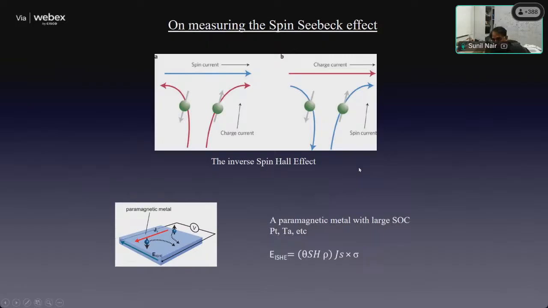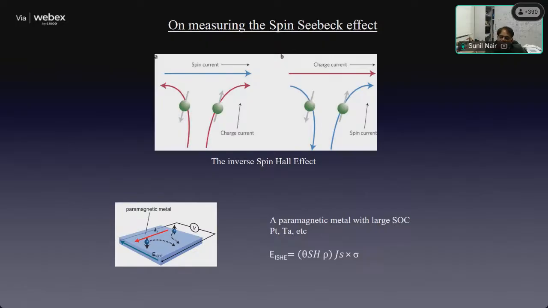This was also a discovery from the very same group a couple of years before that, where they showed that by just using a paramagnetic metal which has large spin-orbit coupling, one can convert a spin current to a charge current. This is the phenomenon of the inverse spin Hall effect, and this is the standard in this area. If you need to convert a spin current to a charge current, this is what you do. You take your magnetic sample and cap it with a layer of a high-Z element like tantalum, tungsten, or platinum. It has to be non-magnetic and it has to be a high-Z value. Then you get a voltage on the conversion of your spin current to a charge current.